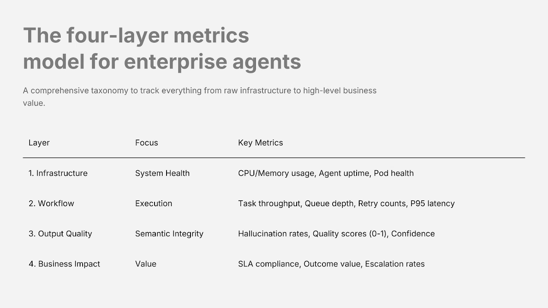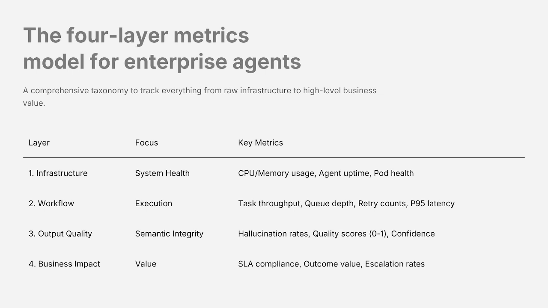So the 4-layer metric model for enterprise agents is discussed in the book Multi-Agent System Orchestration Pattern for Enterprise Scale System. We have layer 1, which is infrastructure. It focuses on system health. Here you collect metrics like CPU, memory usage, agent uptime, and pod health, which is your pod